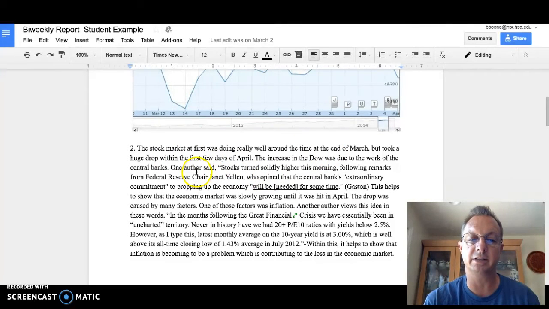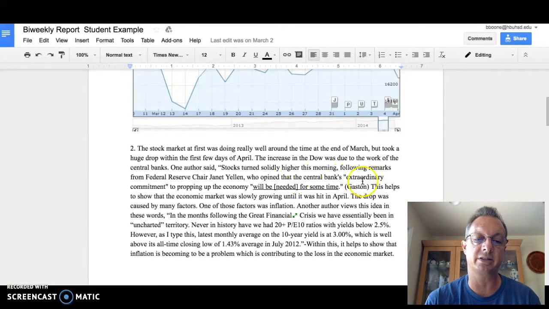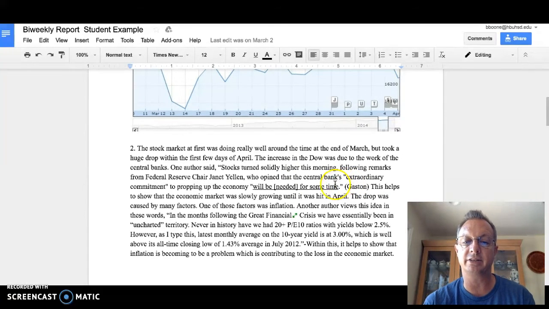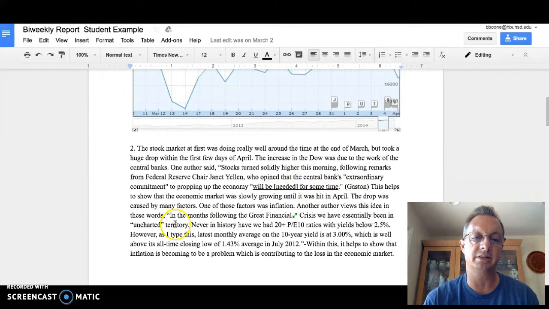You can see where she says, one author said, stocks turned solidly higher this morning following remarks from Fed Reserve Chairman Janet Yellen, who opined that the central bank's extraordinary commitment to propping up the economy will be needed for quite some time. So this is quite an old example, but it kind of gives you an idea of how